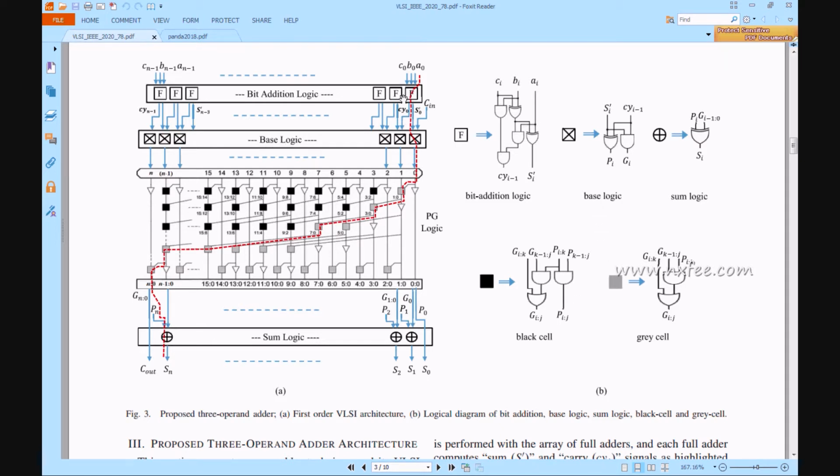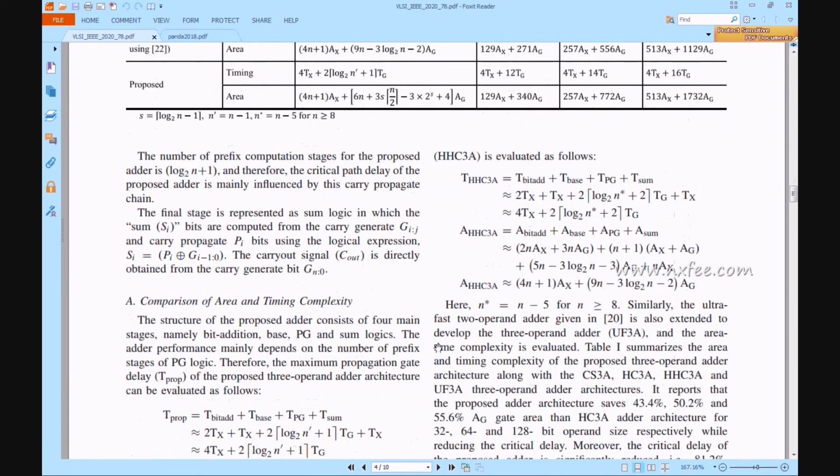After the sum output and carry output from the full adder part, we need to feed them into the base logic. After the base logic we get a P output and a G output. That output will be given to the parallel prefix adder. Once the addition process is completed, finally we give that data to the sum logic, where it is XORed. In between, the parallel prefix adder has a number of cells. These cells contain black cells, gray cells and buffers. The architecture of the black cell is given here and the gray cell here. Once this proposed 3 operand adder is completed, we will move on to the application part.